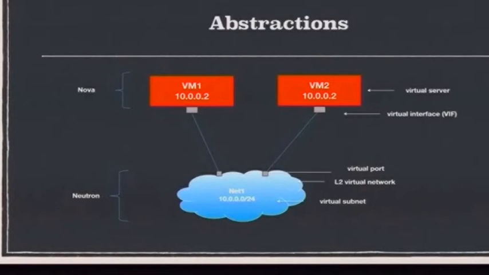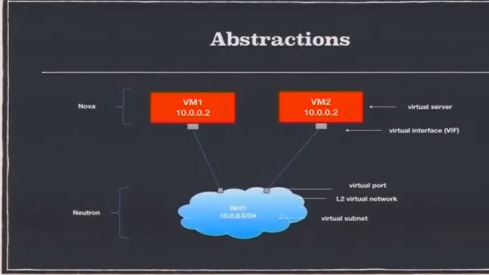It's kind of the way you can think about the logical constructs. A very simple example here shows the breakdown of responsibilities. Neutron's responsible for the networks, the subnets, and the ports. Those are three key entities for Neutron. And at the top, you'll see Nova is responsible largely for the VM, and ensuring the VIFs